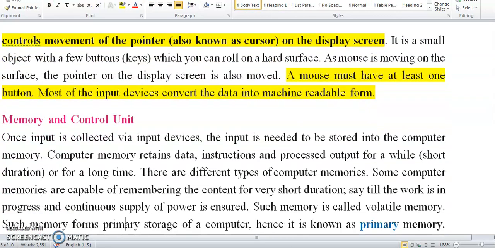So now memory and control unit. This is a very important part of this chapter. Will you please tell me why the computer became popular? Only because of its storage capacity. If a computer never stored any data for future purposes, would we learn computers? Never. Only because of its storage capacity. Suppose today I create a new file and I want to open it tomorrow or after some days. It will be possible with the help of the computer because it's an electronic file.